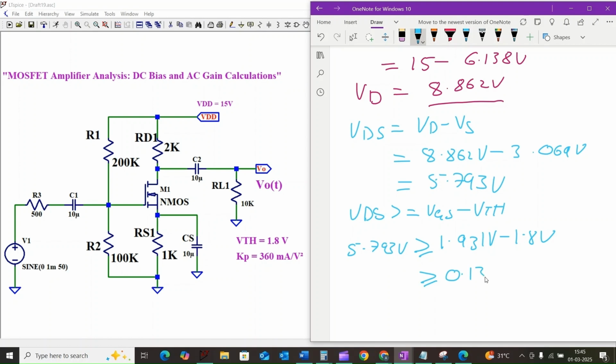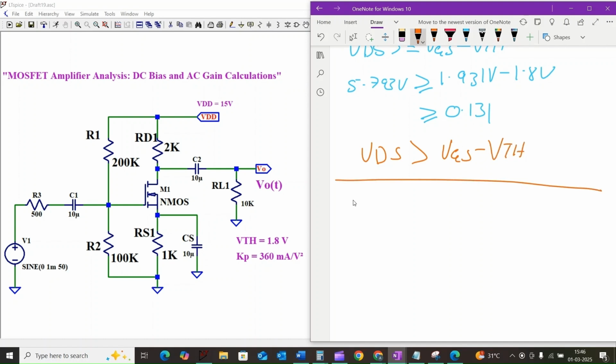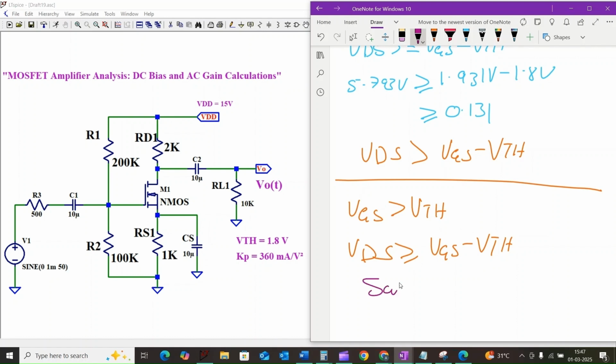Which is equal to 1.31 volt. By considering this, the value of VDS will be greater than VGS minus VTH. So we have satisfied both conditions, that is VGS should be greater than VTH, and VDS should be greater than or equal to VGS minus VTH. Then we can conclude that this N-channel MOSFET is operating in saturation